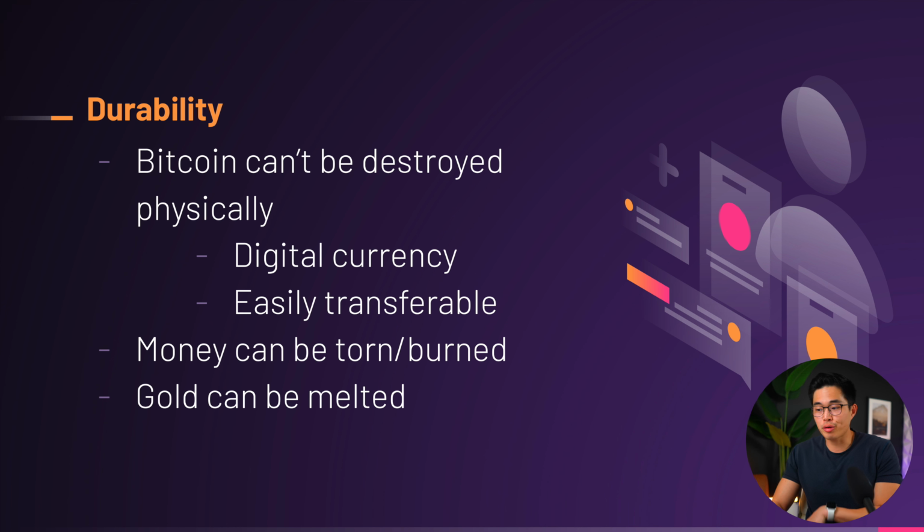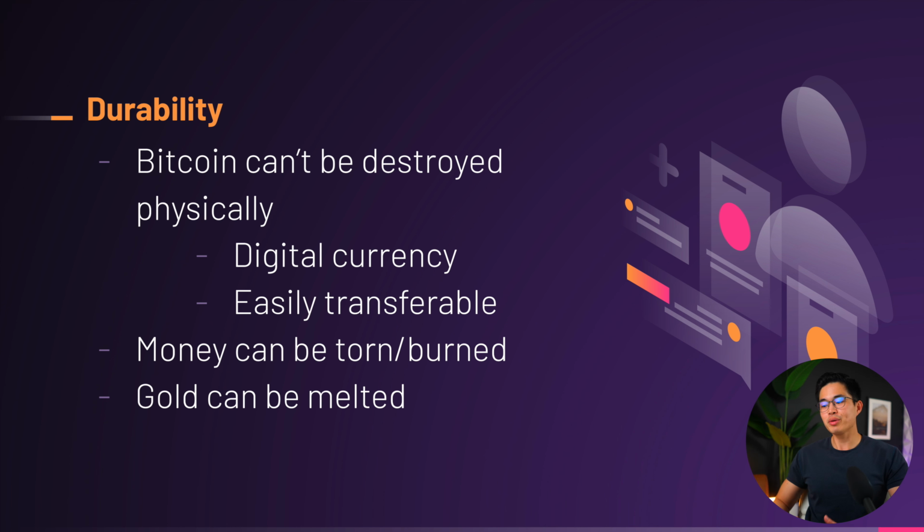In the old days, they would trade animals, but if an animal accidentally got sick, it would lower the value of the currency. Nowadays, dollar bills can be easily printed to replace worn out dollar bills. But the issue with dollar bills is that they are paper and can be burned or torn. With gold, you can sort of melt it and mix it with impurities that would reduce the value of the currency.